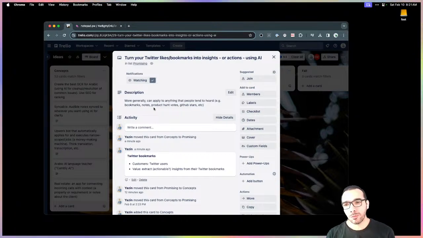I don't want to sit and philosophize too much, but it does feel like there's something bigger here than just Twitter bookmarks and turning them into insights. It might be a way to curate or extract insights from all material that you maintain in some sort of stash. This is everything: personal notes, maybe even files, tweets, browser bookmarks. Essentially all of your information, and figuring out a way to extract insights from it.